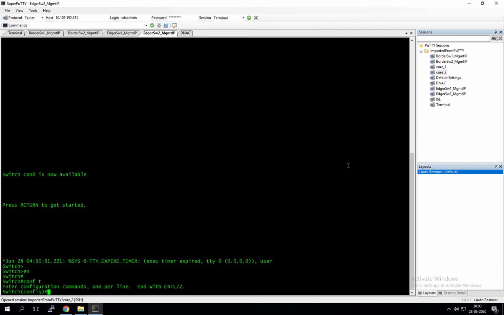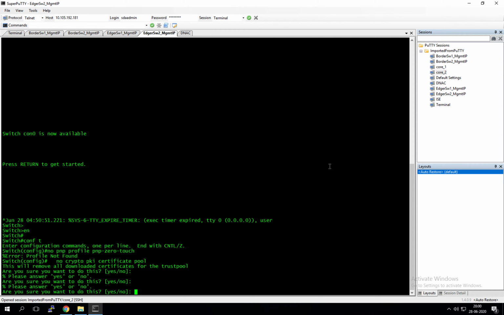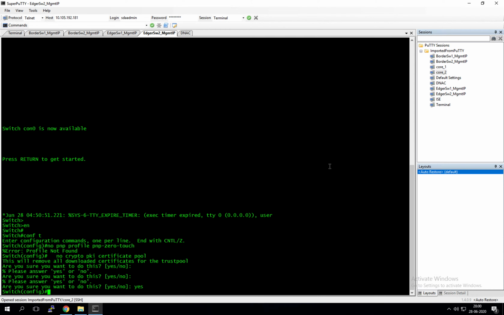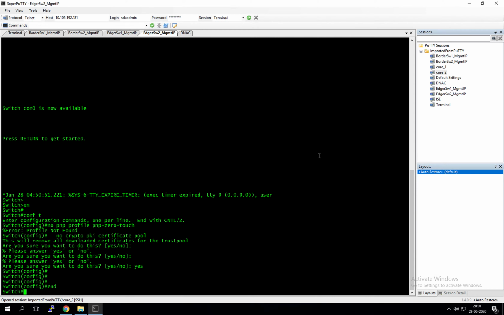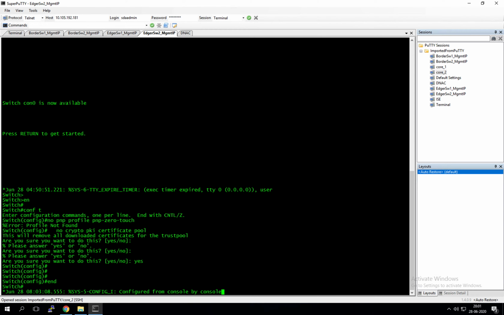Let's get into config mode. Let's delete both of the stuff. Right, there you go. Okay, that's done. So what else? Let's delete the whole VLAN stuff which we might have,